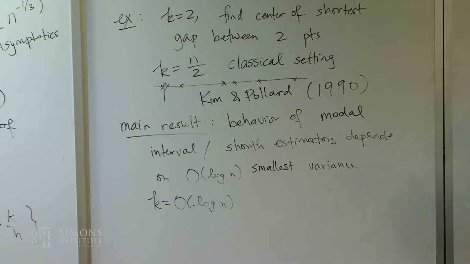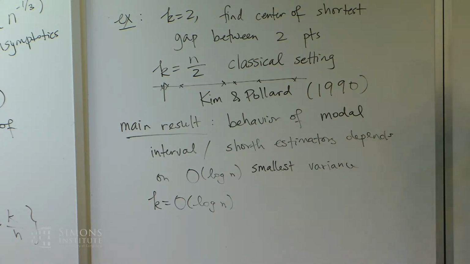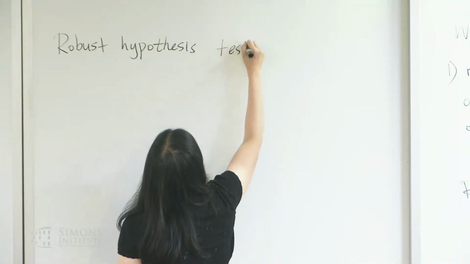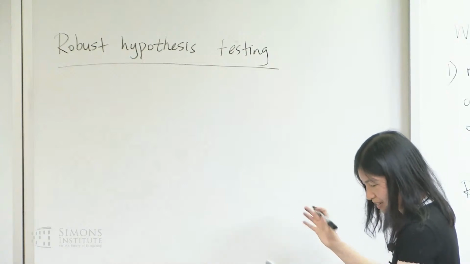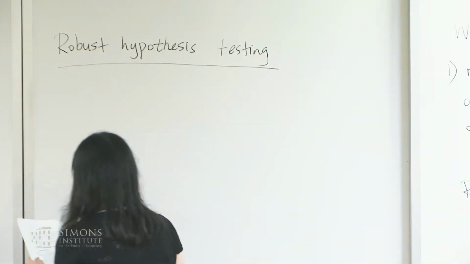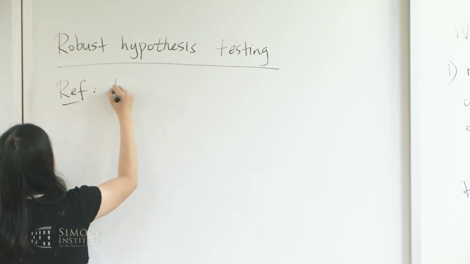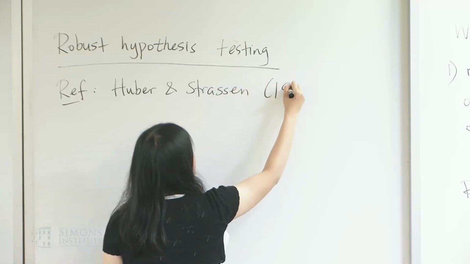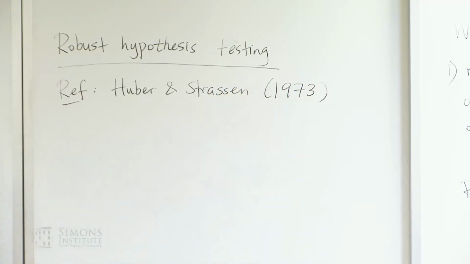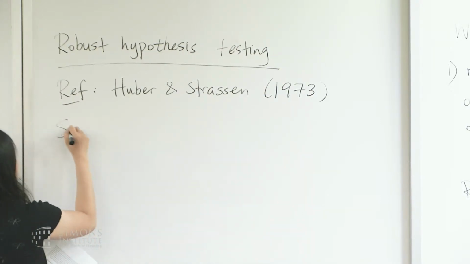All right, great. So let me talk a bit about robust hypothesis testing, because I think this is another interesting robustness direction. I promised something that had to do with privacy, although that connection is a bit tenuous. The reference here is a paper by Huber and Strassen in 1973. In the 60s, it was all about location estimation and regression, and in the 70s, some hypothesis testing.